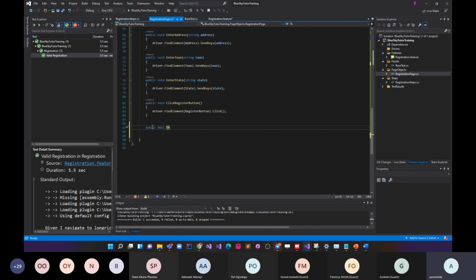You can say then. You open and close your bracket. Now we want it to return. We just say return